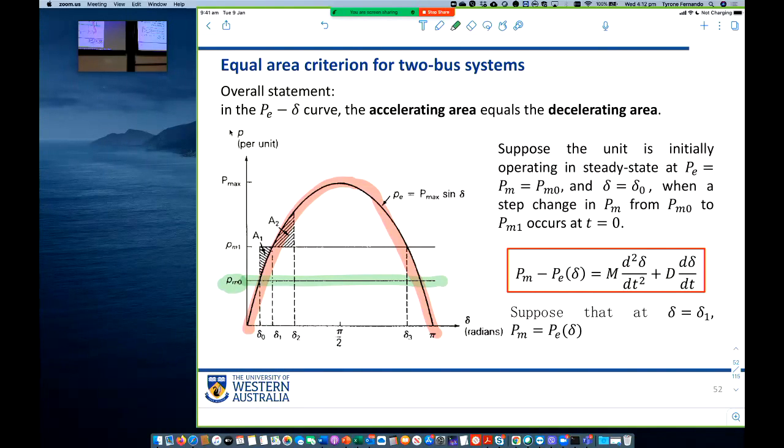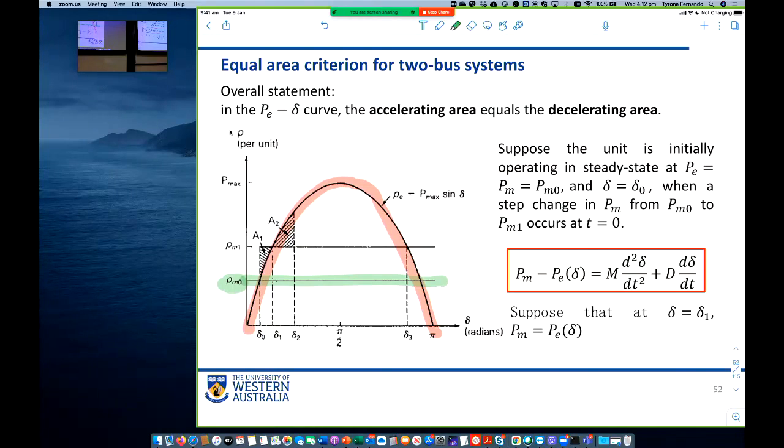So what happens now? The load has increased to PM1, so we've increased the mechanical power to PM1. Then the electrical power